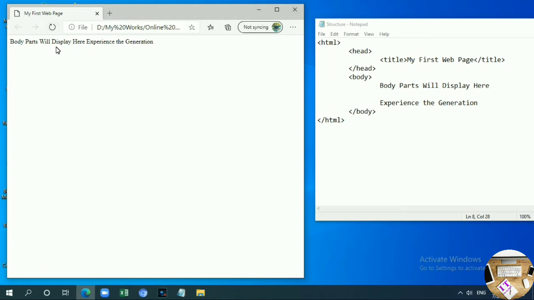Okay, now body parts will display here. Experience the generation. Because I simply gave body parts will display here and after that I gave the text experience the generation. But in between I pressed the Enter key here, but we can't see that the enter is applied. So we want to make more formatting in HTML tags.